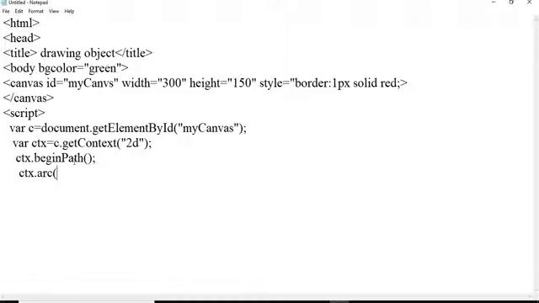We are giving a starting position of the circle. Then arc, we have arc. This is the arc where we are putting the xy plane, x axis, y axis and radius of the circle that have some start angle and end angle.